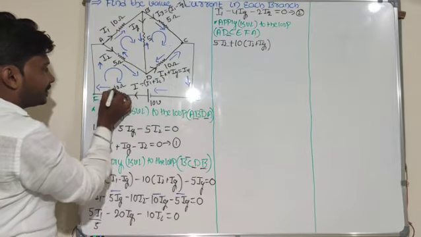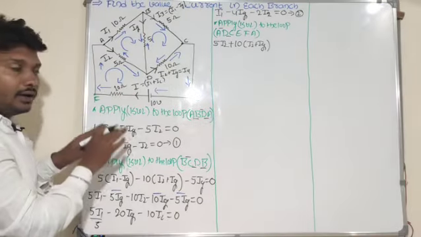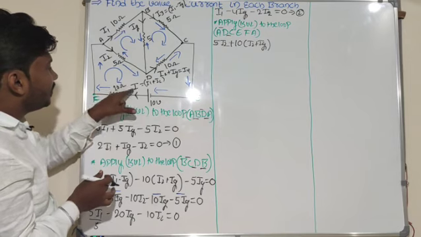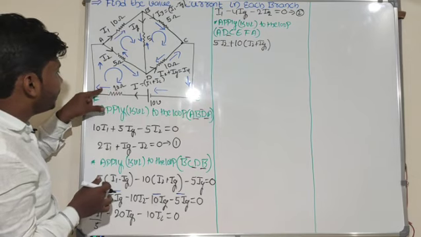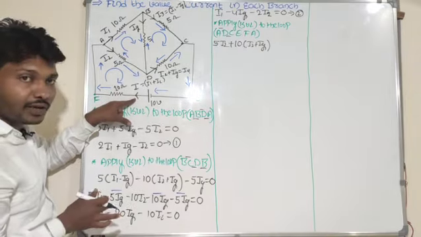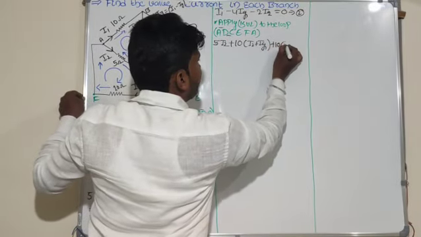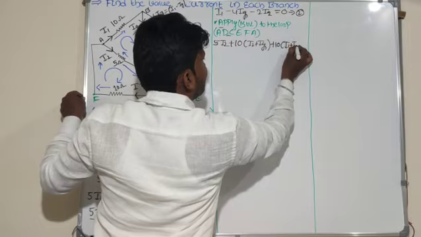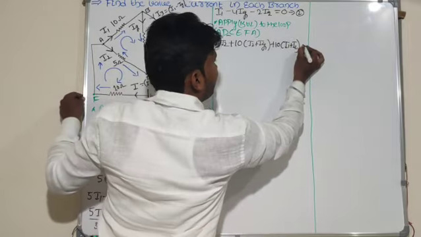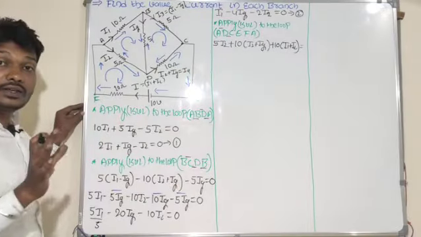For this resistance, what is the resistance value? 10 ohm resistance is there. For the 10 ohm resistance, the direction of the imaginary line and the actual current are both in the same direction. Again it has a positive value, 10 of I1 plus I2. Next, it is not equal to 0.